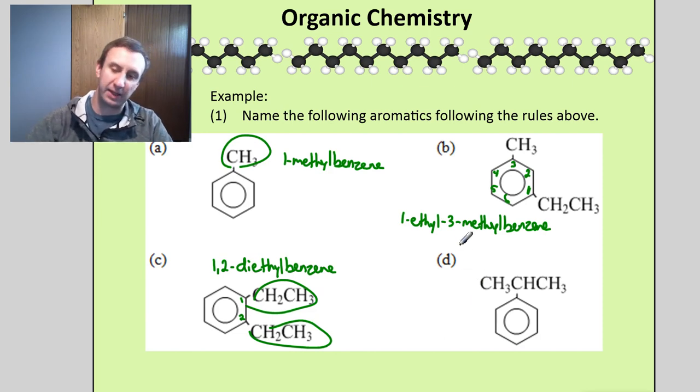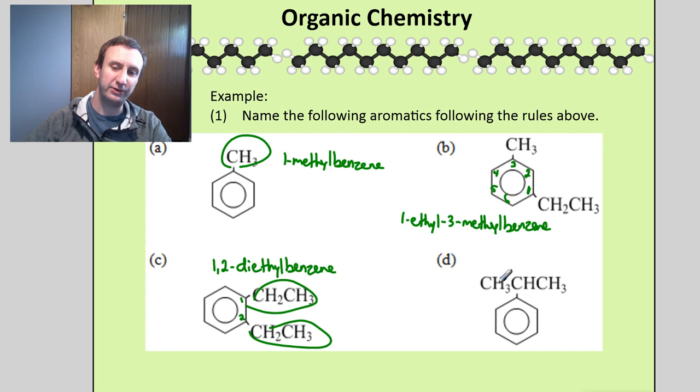Okay, for D, here's the reason why I need to make the benzene the branch. This is not a propyl. Propyls are carbons all in a row, 1, 2, 3 in a row. Instead, what I have is this attached to the middle carbon of these 3 carbon chains. So I can't name this branch in a way that you guys know how to name it.